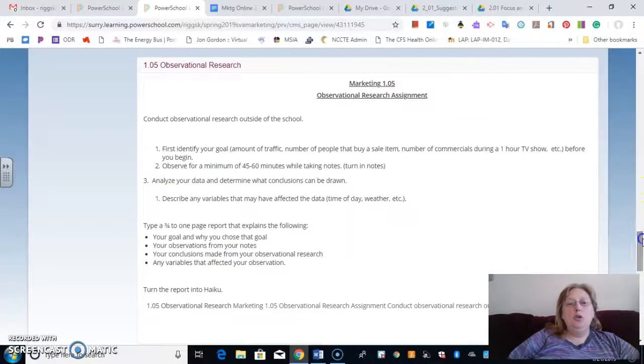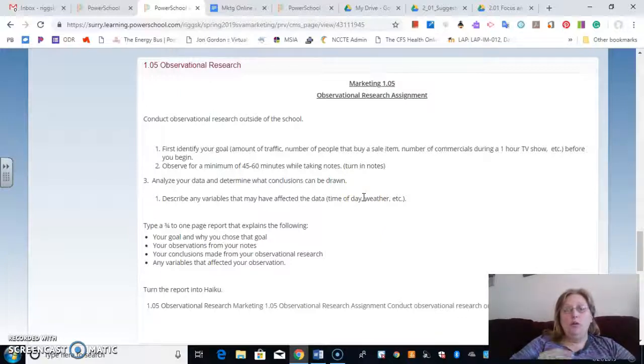So this assignment, do not freak out because it says essay. Please. Do not freak out. What you're going to do is watch a TV show, or maybe choose something to observe. I've had students before who went to Walmart at a certain time of day and hung out just to see what the demographics of the customers were. Was it mostly families? They figured out what the customers were.